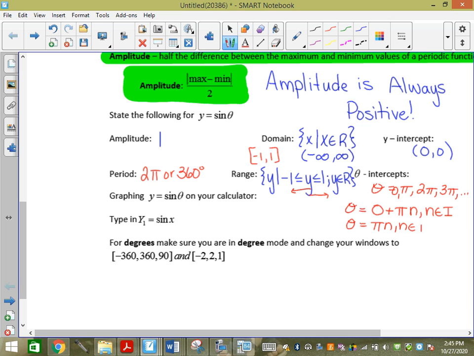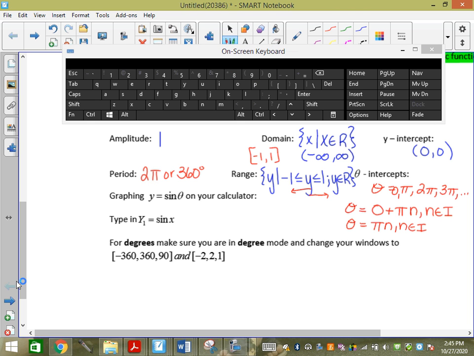What does n represent? N is just what I'm going to fill in. So I can fill an integer in for n and I get every answer. If I fill the 0 in, I get 0. If I fill the 1 in, I get pi. If I fill the 2 in, I get 2 pi. Okay. 3 in, I get 3 pi. So you could technically go